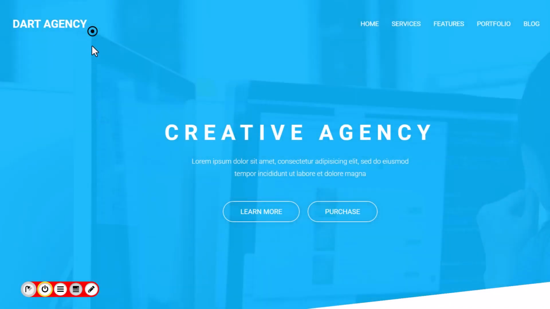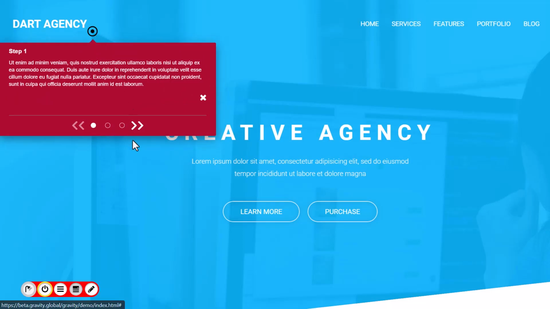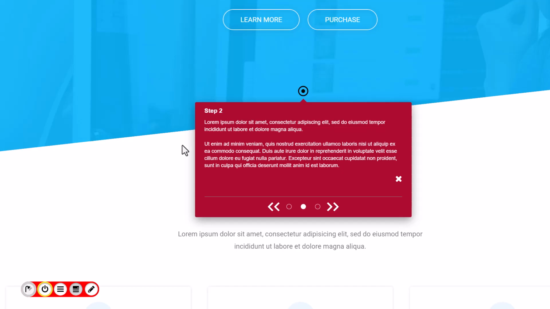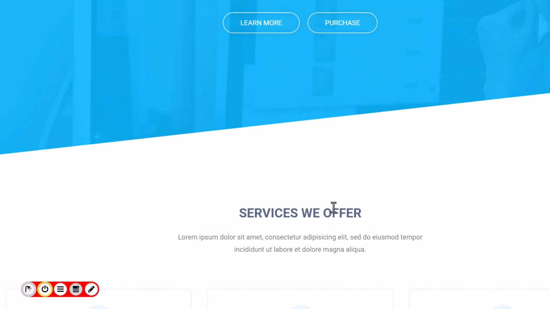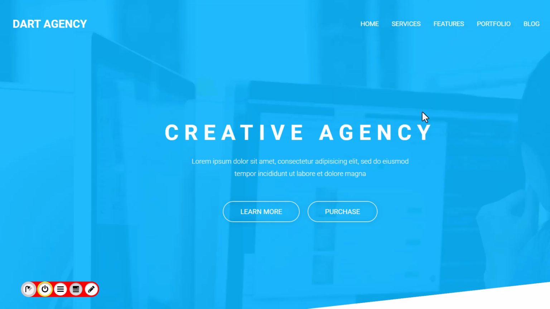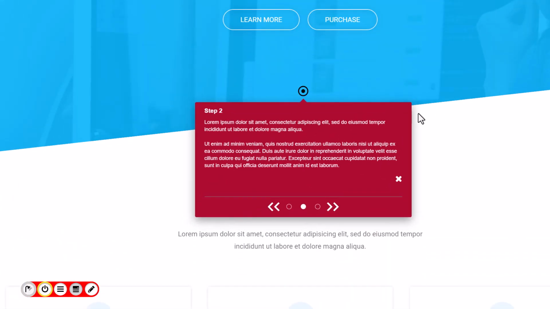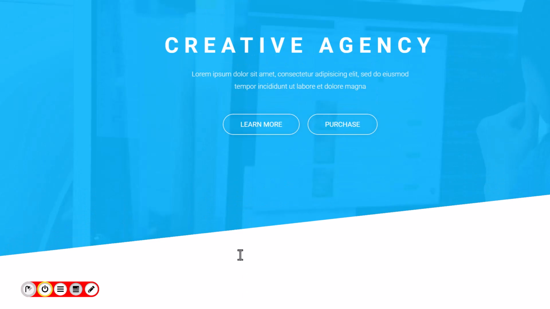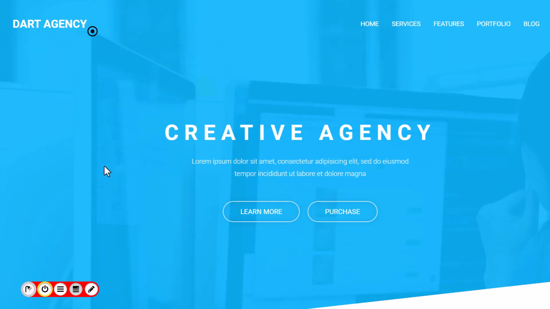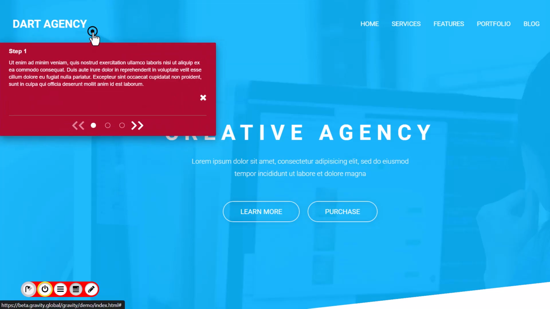Next, I would like to show you the workflow callout. A workflow callout is essentially the same as a single callout. The difference is that the several single callouts are linked together. The user will spot the difference with the arrows below the content. These arrows can be clicked to move forward in the workflow. That's a great way to show features in an application for new users or to guide users through a process.